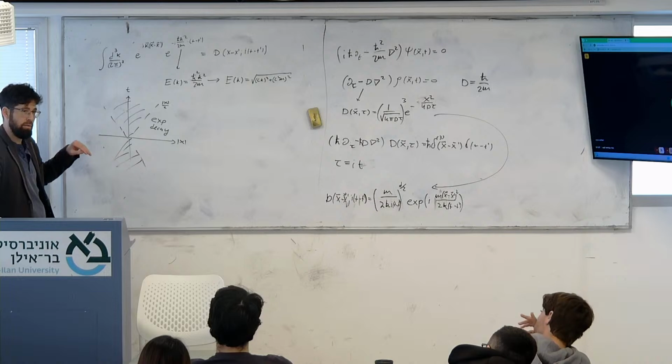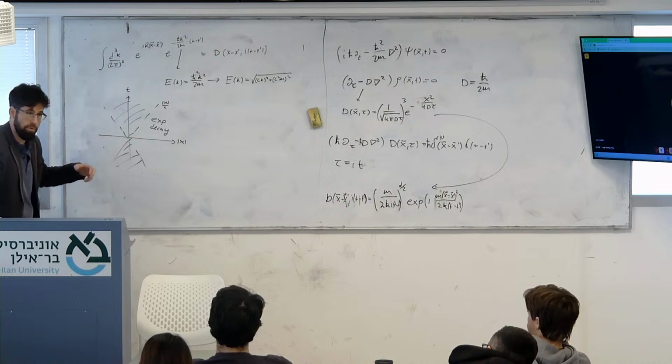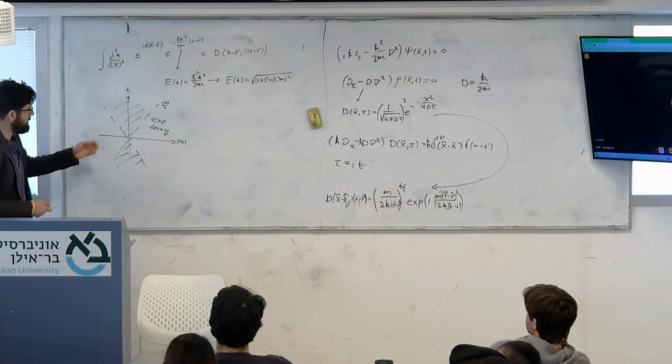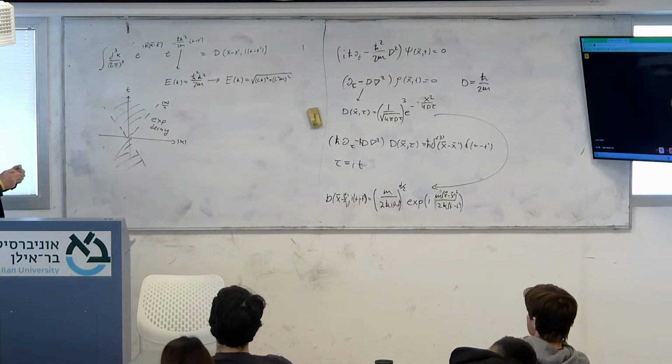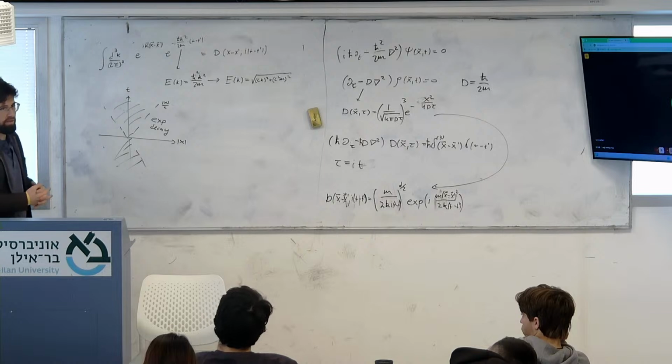You need to ask yourself, what do you mean by causality? And for that, we will need to introduce fields. What we will do is we will introduce fields, and we will see that what really vanishes outside the light cone is the commutation relation between fields. And if they commute outside the light cone, it means that they can't affect each other. They're not connected. Okay, that's basically the answer.